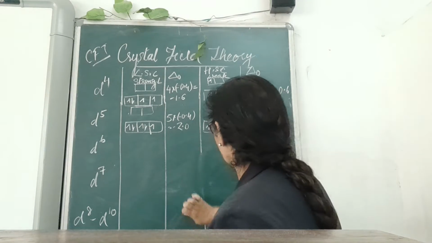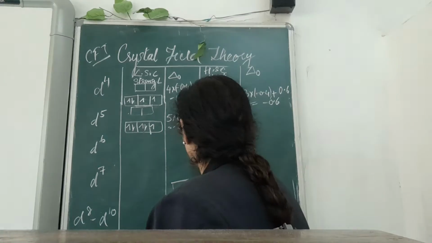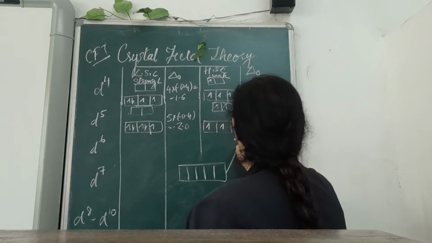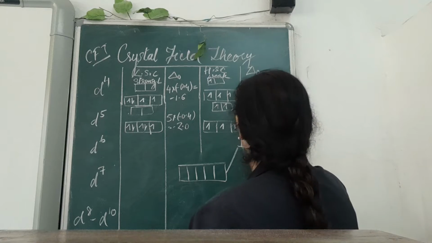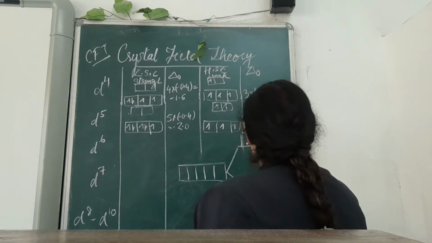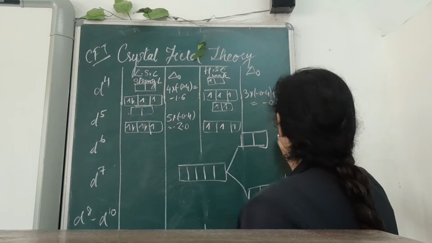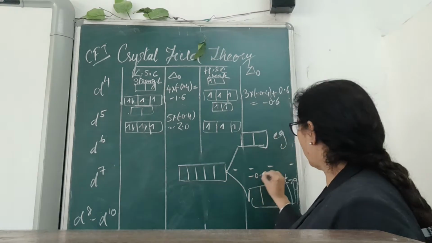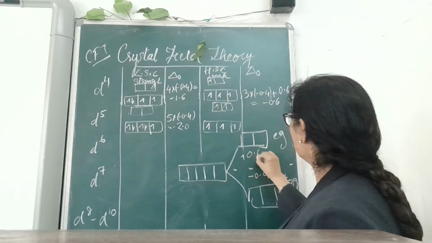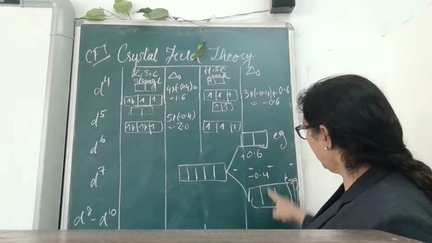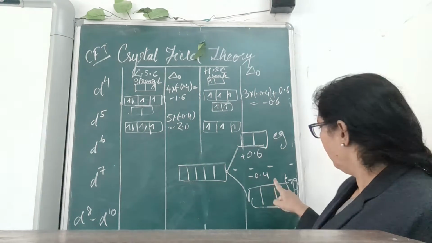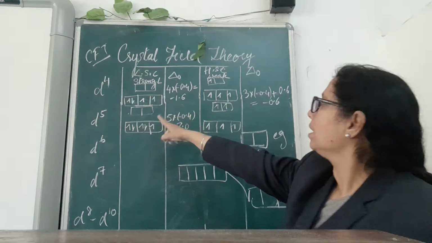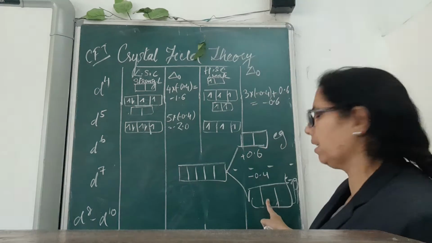If I take it once again for you children, the d orbital was there. This d orbital was splitting up into 2 orbitals and 3 orbitals. This was T2G and this is EG, and here the change in complex is -0.4, and this is plus 0.6. So depending on where the 4th electron is going, whether it goes to T2G or EG, depends upon the ligand that I told. If it is a strong ligand, it will start pairing here.